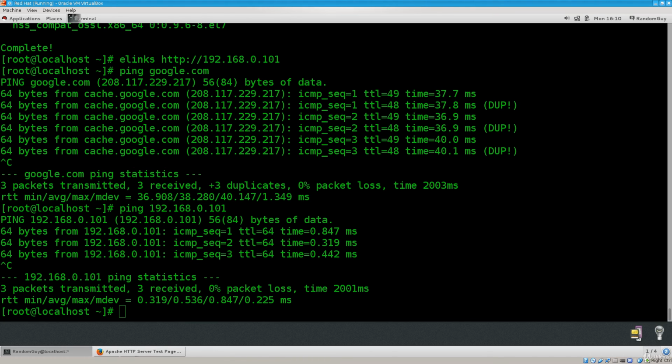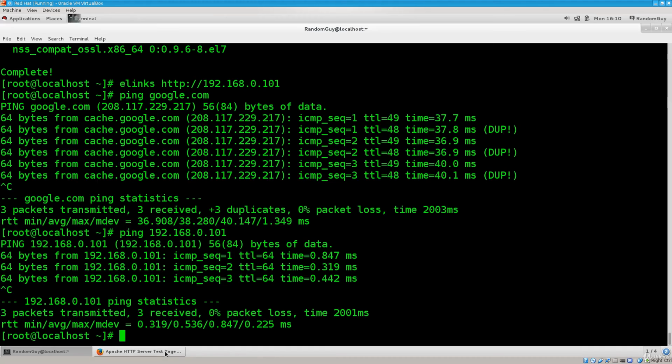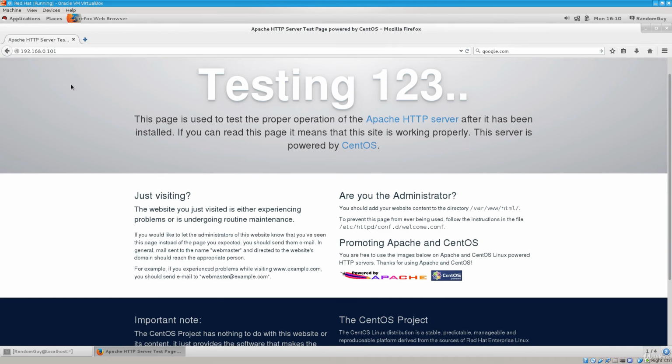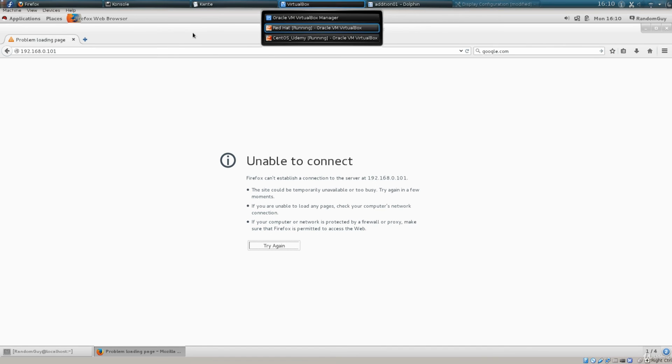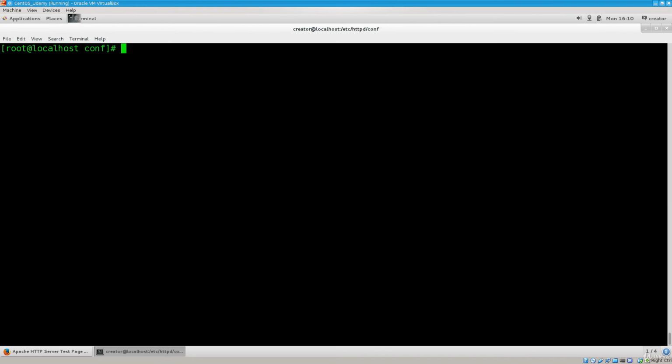Let's see if I can access it via Firefox, if I didn't mess something up during the test stages. Let's try to reload it. I cannot reload it. Interestingly enough, during my testing sessions I have messed around with the firewall,